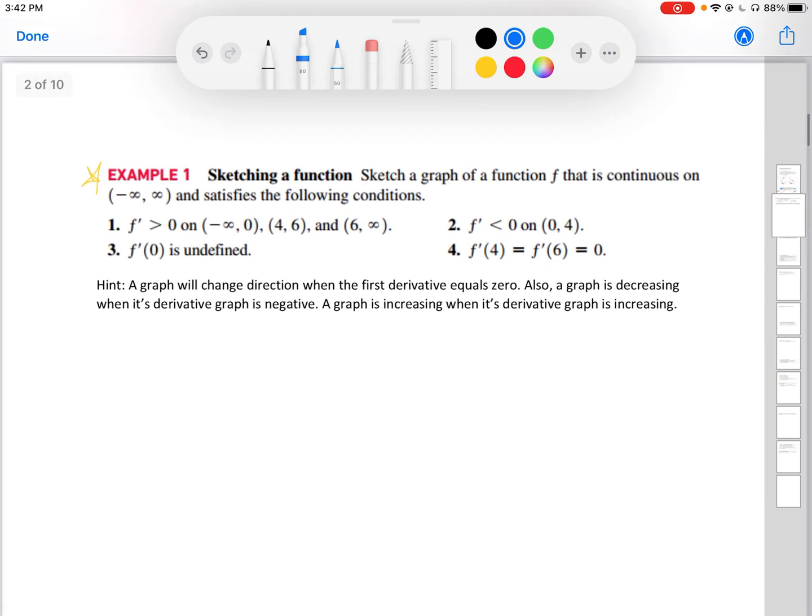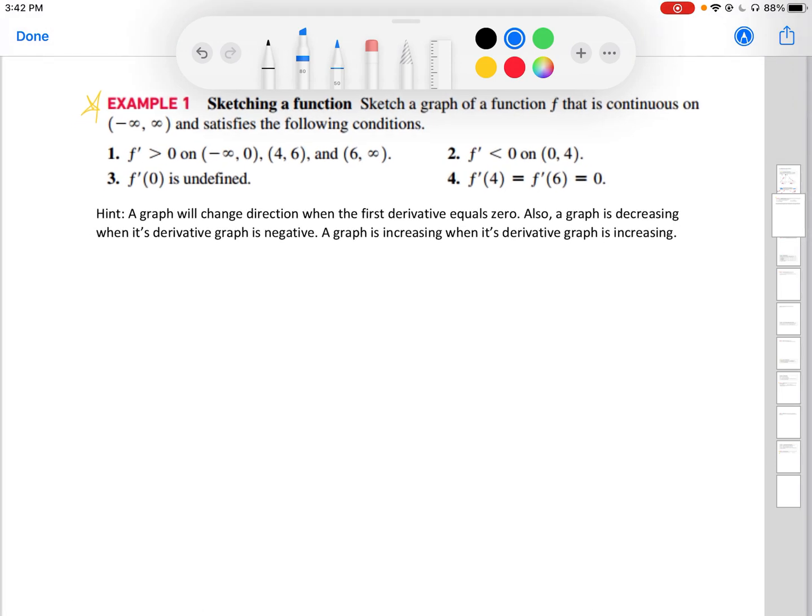Now let's take a look at an example. We're not going to do all the examples in this section just because it would be such a long lecture, but you can always find all these questions in your textbook. So let's take a look